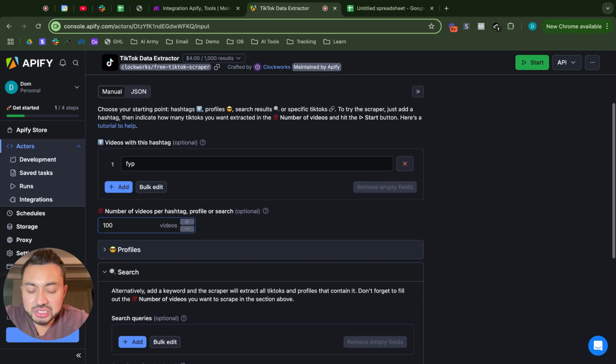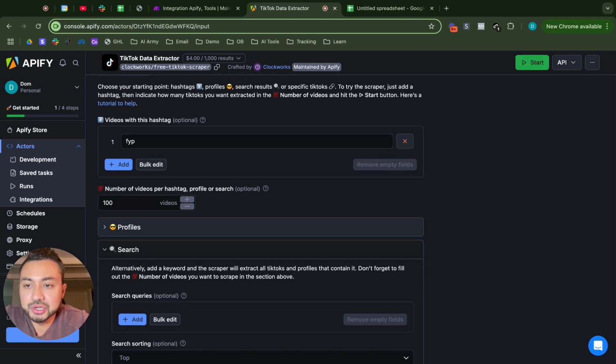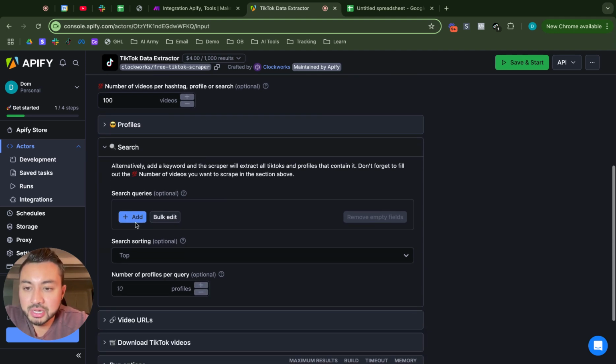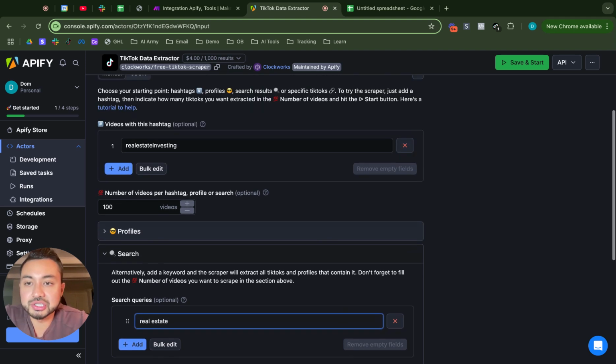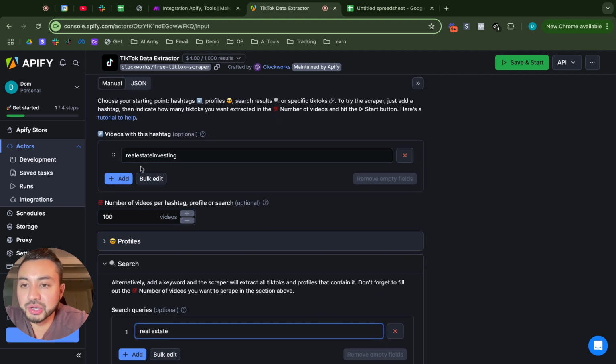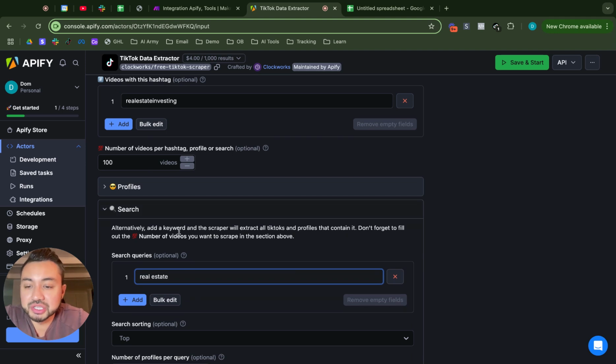If you need to use ChatGPT to help you think of the most viral hashtags or the most relevant keywords for your industry, go ahead and use ChatGPT. But for real estate investing, we can make this super simple. Let's go scrape the hashtag real estate investing. And then for keywords, let's add a keyword and let's just do real estate, right? And so what this is going to do is it's going to bring back the most viral posts for this hashtag real estate investing and the ones that show up at the top in search if someone were to search this out on TikTok. And then the same thing with this keyword real estate,